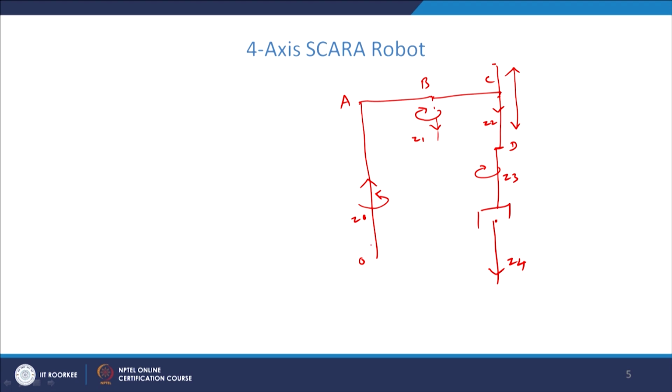So, now we can fix the coordinate frames at each joint as given in the DH algorithm. So, Z0 is fixed, Z1 is fixed, and the origin is the base here. We can fix the x0 and y0 axis arbitrarily according to the right hand system rule. So, we can fix arbitrarily x0 and then accordingly y0 is fixed.